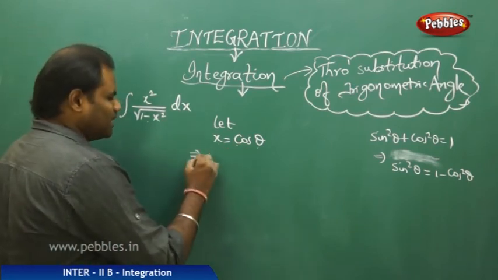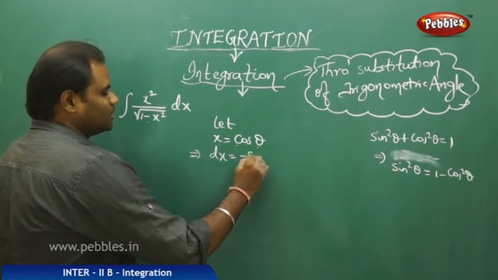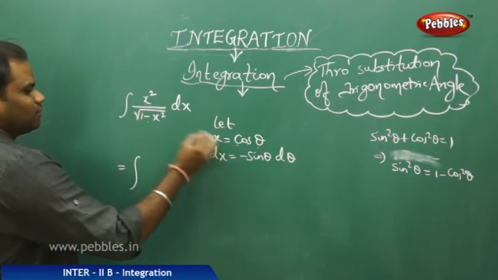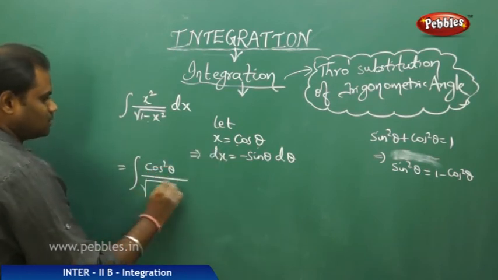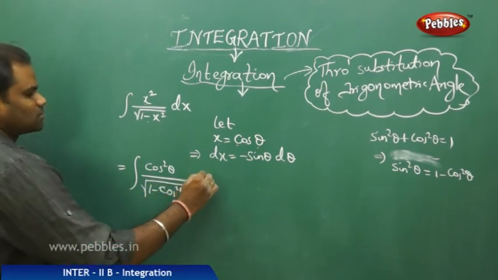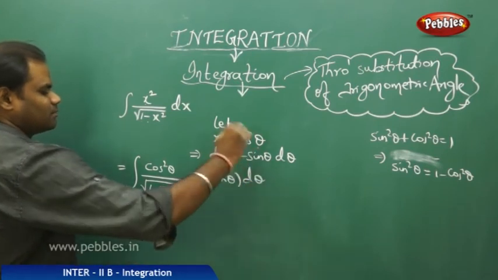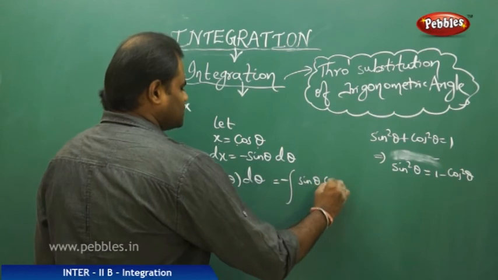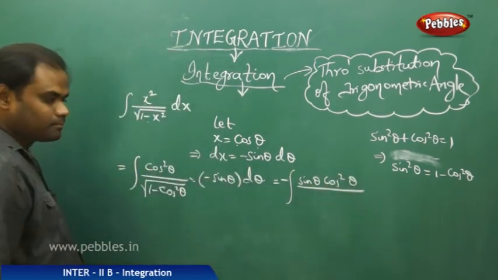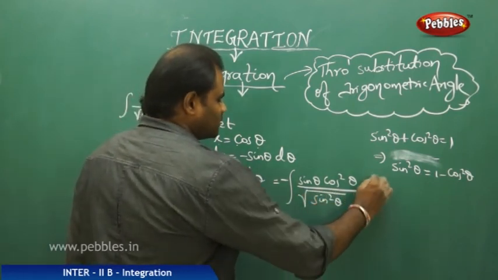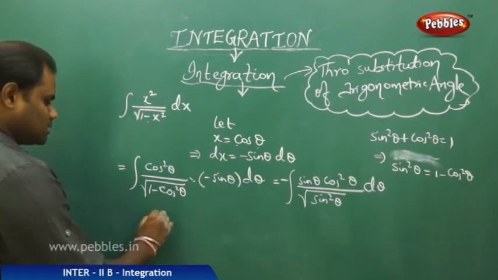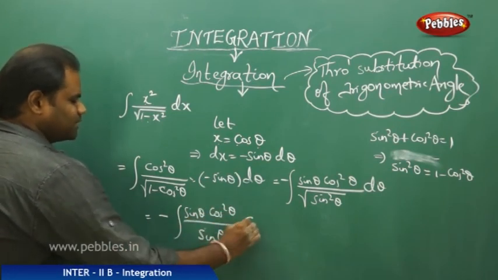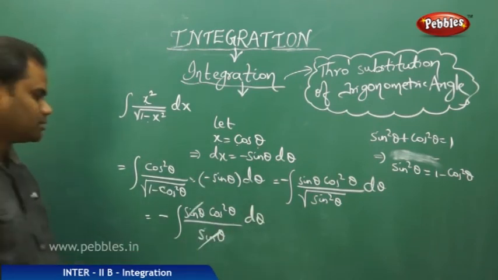So x equals cos theta implies differentiating dx as d by dx of cos theta is minus sin theta d theta. Which substituted here reduces to integral of x squared, that is cos squared, and root of 1 minus x squared, 1 minus cos squared, and dx is minus sin theta d theta. And then this on further simplification gives us minus integral sin theta cos square theta by root of 1 minus cos squared, which is sin squared, and therefore root of sin squared is sin, therefore I get this as sin theta cos square theta by sin theta d theta,